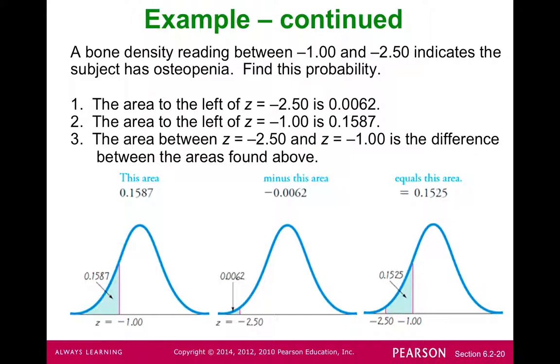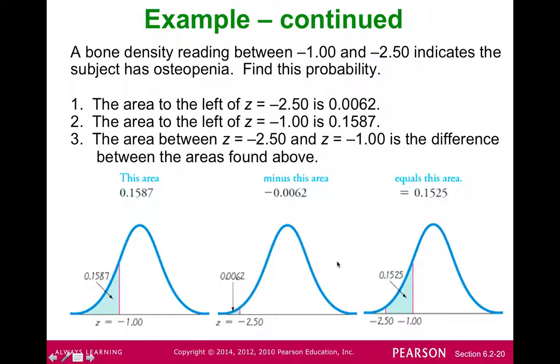So here's an example. A bone density reading between -1 and -2.5 indicates the subject has osteopenia. And osteopenia, I believe, is a precursor for osteoporosis. So we want to find the probability. We want to find the probability that the area to the left of this z is -2.5, and that there's another z at -1. Now they put this all on one graph, or in two graphs here, but before we continue,